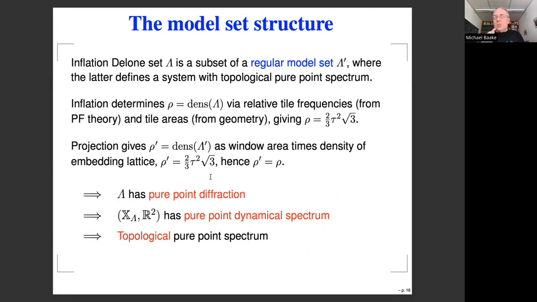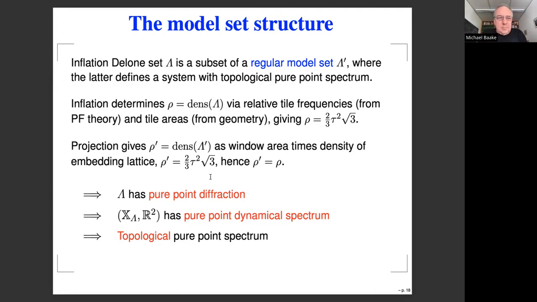show that actually it's the same set, and that is done by calculating the density of the points in 2 different ways. So one is, there is 1 control point per tile. So if you know the area of the tiles times their frequencies, you can calculate the density of the points. And that's an exercise in Perron-Frobenius theory, playing with the inflation rule. It's self-similar, so you can use the Perron-Frobenius eigenvector to calculate that, and the shapes of the tiles you